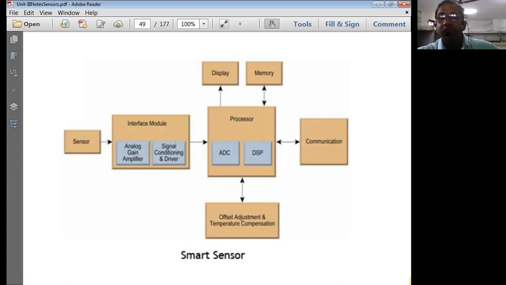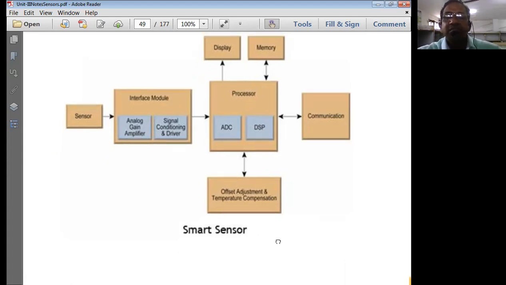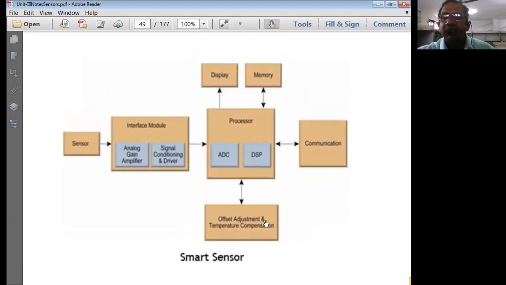Thank you very much for today's session. In the next session, we go with the advantages and the applications of smart sensors. With that, we can finish this chapter on smart sensors, because sensors is the easiest chapter. You can think and write about it in a very general way in the examination. The only thing is you should write the answers more technically to get the marks in the end examination. Thank you very much for today's session.